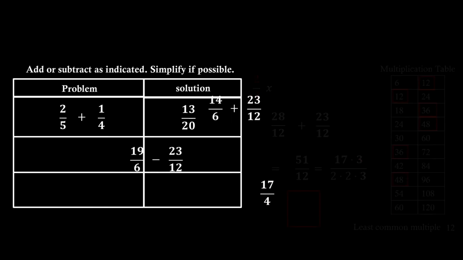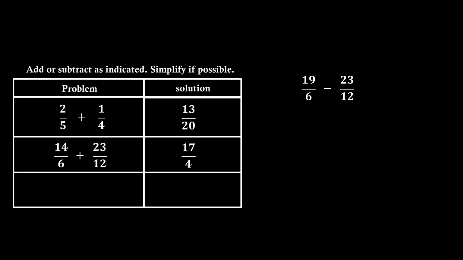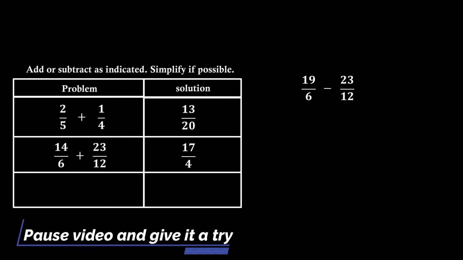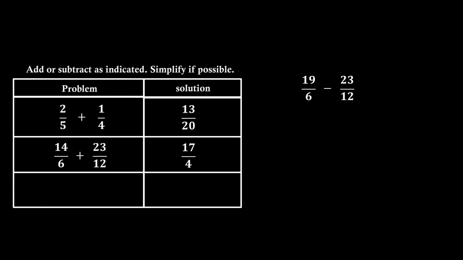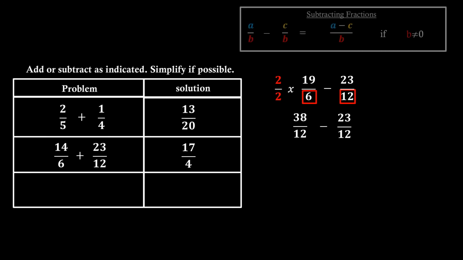Finally, we have 19 over 6 minus 23 over 12. If we take a look at the denominator, we can see that the LCD is 12. So, if we multiply 19 over 6 by 2 over 2, we get an equivalent fraction 38 over 12. We bring down the other fraction, and at this point we can use our understanding of subtracting fractions to get